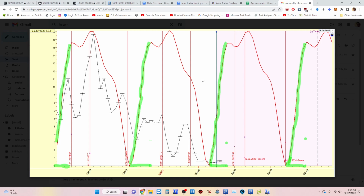So this most recent promotion for Apex is just 90% off for the first month. But if you could get it for every month, then it allows you to have more access to more of a batch for your lifestyle. And that's kind of what you want. So if the $150,000 account is 80% off, you want to see if you can get it for multiple months. If not, you're going to have to do probably half the size, or if not, a fourth of the size you would normally do